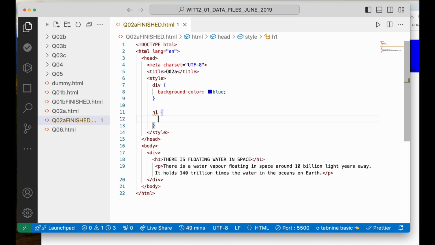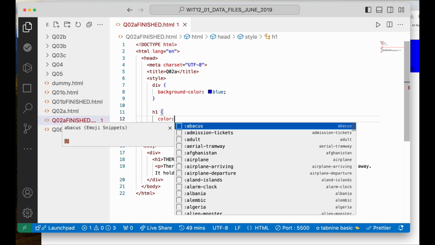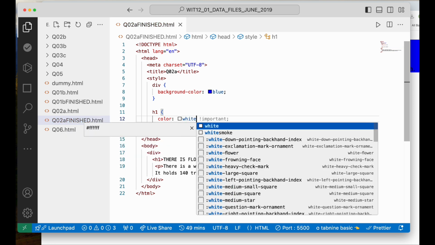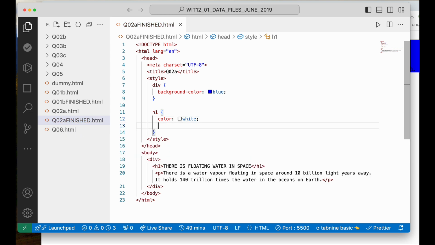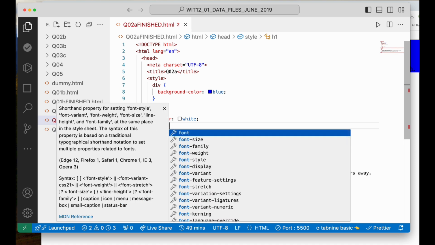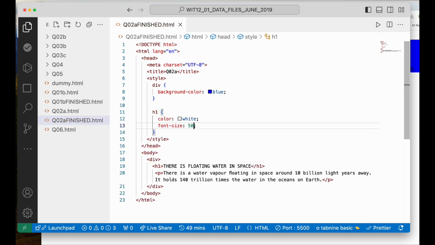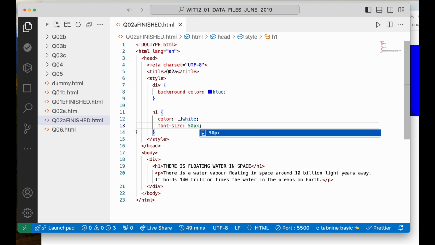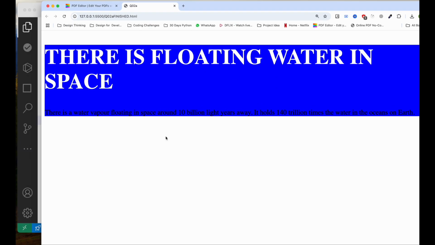And then they say the color should be white. So the code for the color will be color white, right? And the font size is 50 pixels. So we have to use font size, which is 50 pixel. Then if I go to the browser, we are able to see it. So this one is quite easy. Now the next question, they're saying